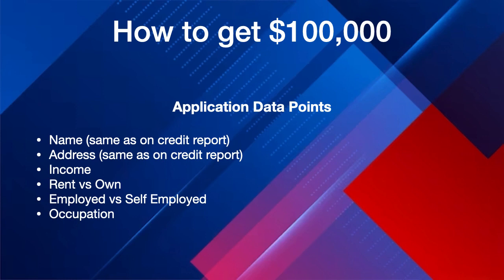All right, and then when it comes down to whether you rent or you own, ideally banks are looking for stability, and people who own are more favorable than people who rent. So if you own, you look more favorable and more stable. Also, whether you rent or own, how long you've been at that address matters. The longer you've been there, the more stable you look. Banks want to be able to find you at any given moment if they need to contact you or send you a letter. If anything goes wrong, they want to feel confident that they can find you.